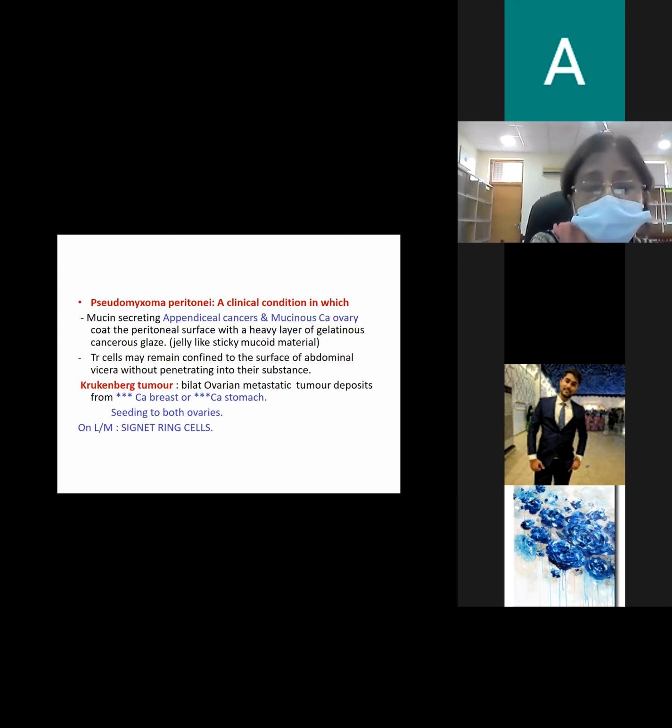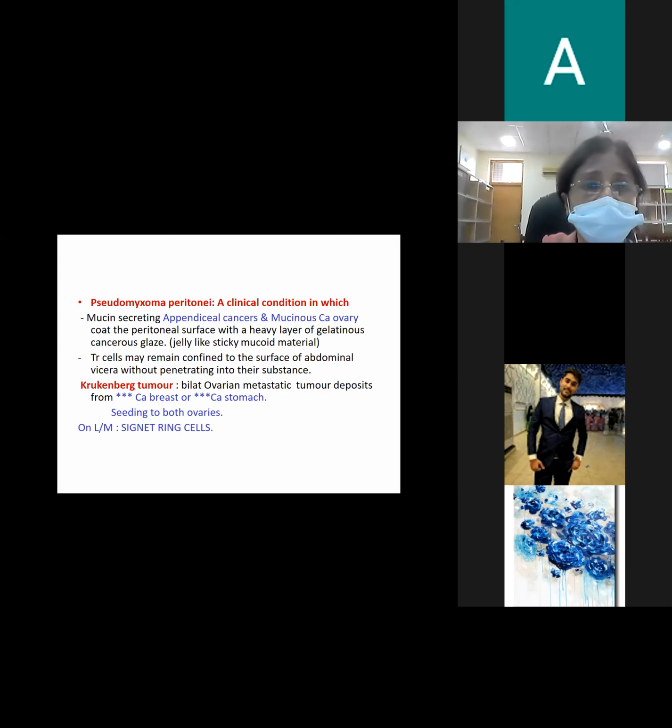They produce mucin, and that mucin coats the cavity of the peritoneum. पूरा का पूरा peritoneal cavity gets filled with a jelly-like material, a sticky jelly-like material, और उस jelly-like material को जब भी abdomen आप खोलो तो पूरा का पूरा abdomen is filled with a mucinous jelly-like sticky substance, and if you examine that sticky substance under the light microscope, आप उसका मटेरियल लेके स्लाइड बना के अंडर द माइक्रोस्कोप देखो, it is full of malignant cells, and that condition is known as pseudomyxoma peritonei.